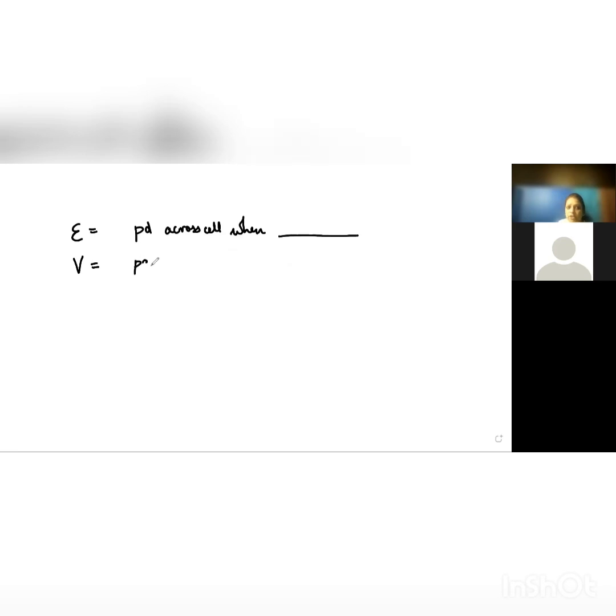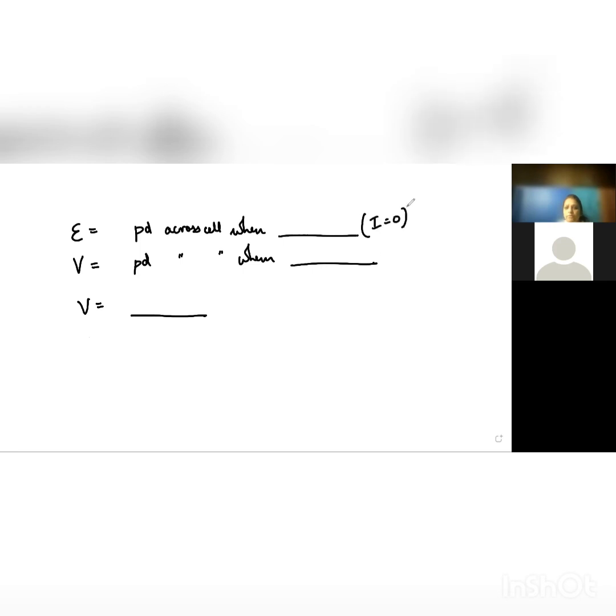And terminal voltage is also the potential difference across the cell when dash. And the relationship V is equal to dash. Tell me fast. Options you want me to give? Potential difference when I is equal to 0,